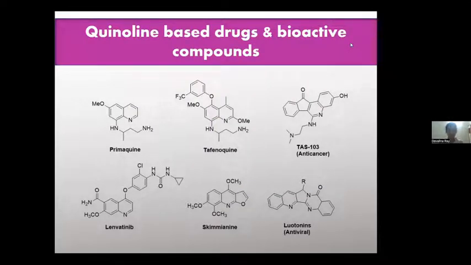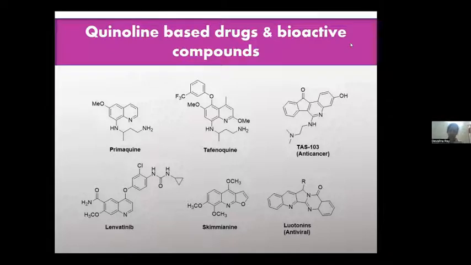As we can see in our daily life and in our surroundings, quinoline-based compounds are a prevalent scaffold existing in many drugs as well as bioactive compounds. Let's take the examples of primaquine and tafenoquine, which are well-known anti-malarials already approved as drugs, as well as lenvatinib and leotonins, which function as antivirals also. Accordingly, we can find a lot of literature methods towards the synthesis and functionalization